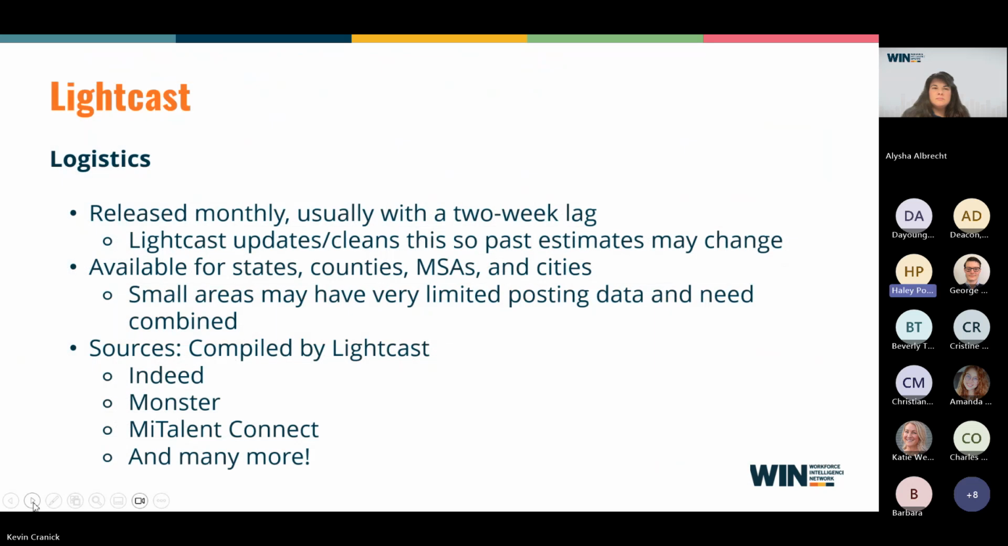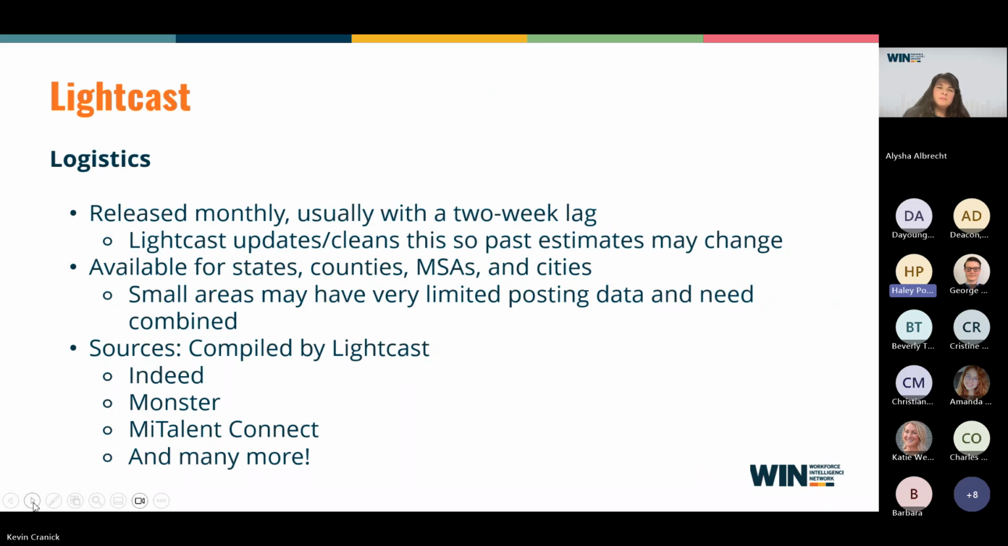So the next data source we use is Lightcast, like Kevin mentioned. These numbers are released monthly. They usually have a 2-week lag, which is why sometimes our reports are a little bit longer, as well as LAUS being a month later. We don't receive these numbers right away, but